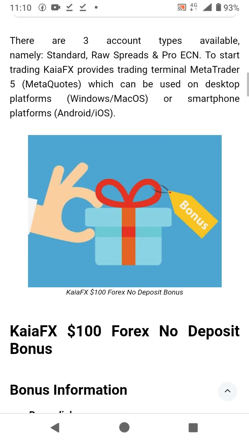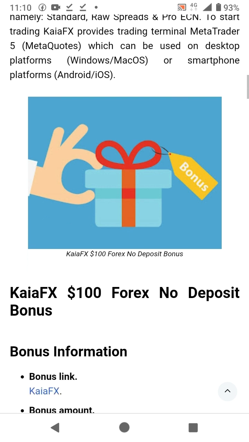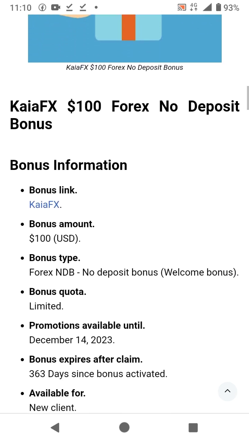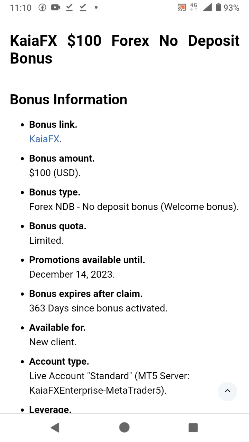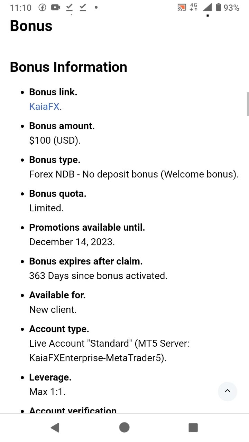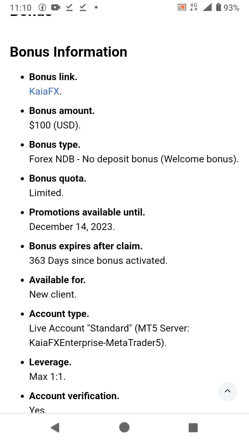As you can see, we have only 3 account types, but it's not really important for now. All you need to know is the type of account that we can create to receive this no deposit bonus. The bonus is from Kaya FX,